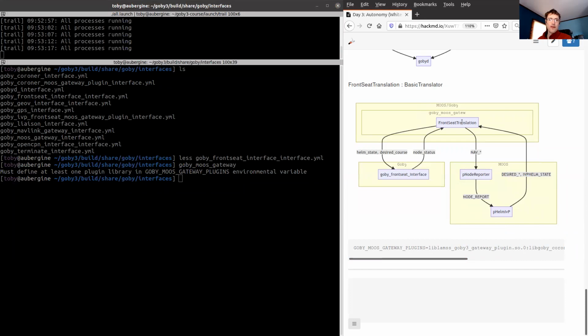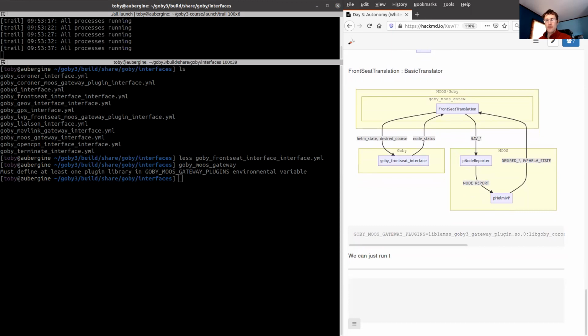So this front seat translation is generally useful because every time we want to run Goby with MOOS, we're going to run it. So we can also just do away with Goby MOOS Gateway and run it directly in Goby front seat interface. So this scenario looks like we can just run the front seat translation directly in the front seat interface.